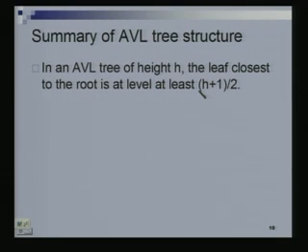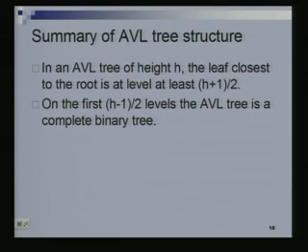Right. I have just changed things around. When I said when the closest leaf was at k, then the height was 2k minus 1. So I just changed that around and said if the height is h, so suppose I give you an AVL tree on n nodes and height h, then the leaf which is closest to the root is actually pretty far from the root. It is at least half the height away. It is at least (h plus 1) by 2 away. This does not require a proof, I am just rewording what I had said earlier.